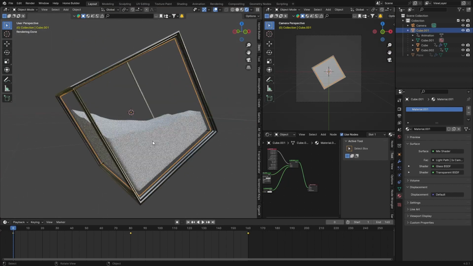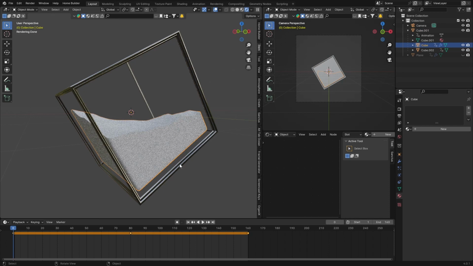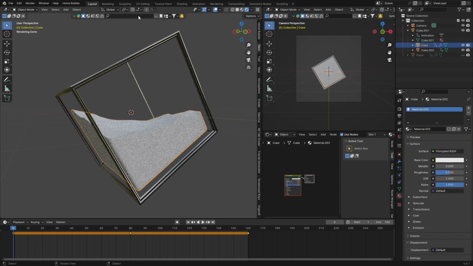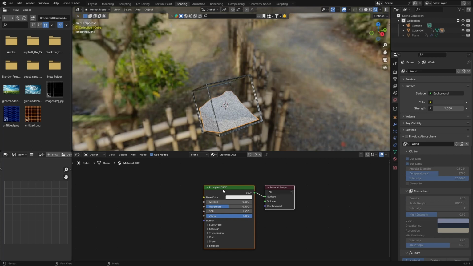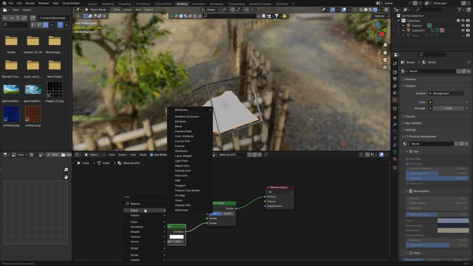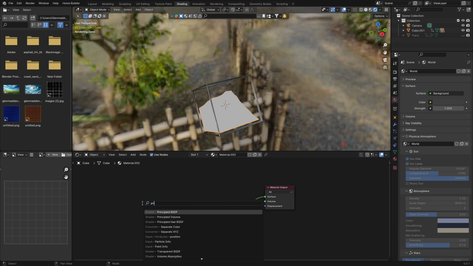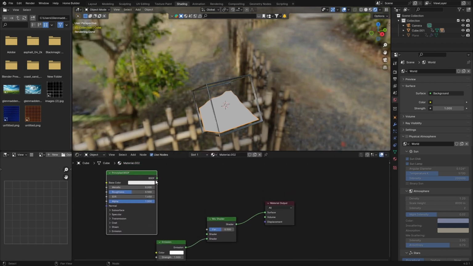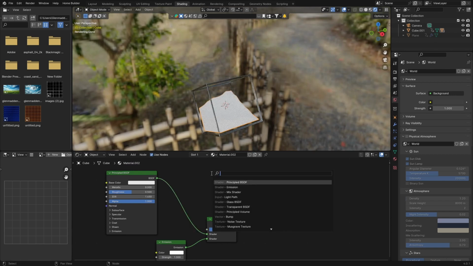Now we just need to change this material. So our fluid, hit new, go to shading. Now let's get a fluid material. So click on the principled BSDF, delete it, go Shift A, get a mix shader, plug the shader into the surface, then go Shift A and get an emission, plug this into the bottom shader, then go Shift A and get a principled BSDF, plug this into there, then get a layer weight. So Shift A, layer,